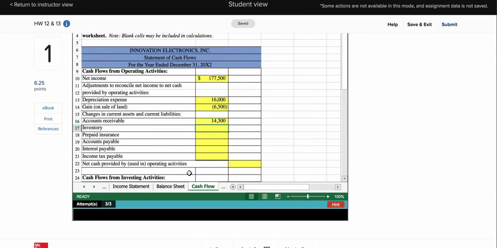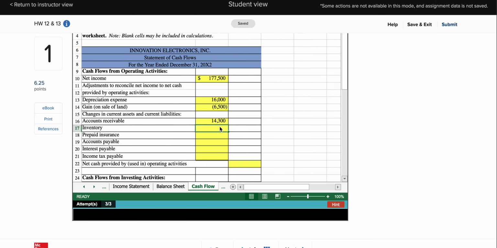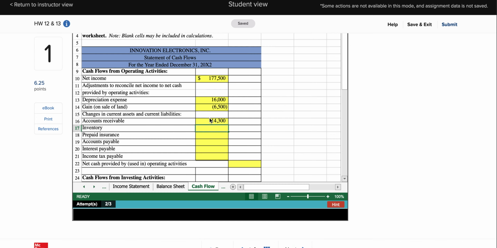Where inventory is concerned, let's look at what's happening. Inventory is going up. An increase in an asset is a decrease in cash flow. So what I want to do here is a minus 128 minus, let's set it up this way. Equals